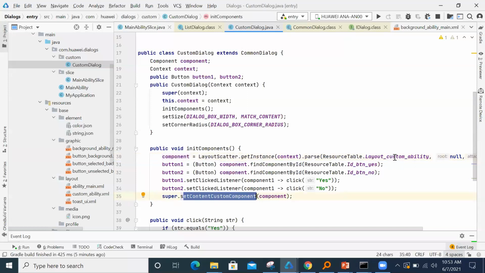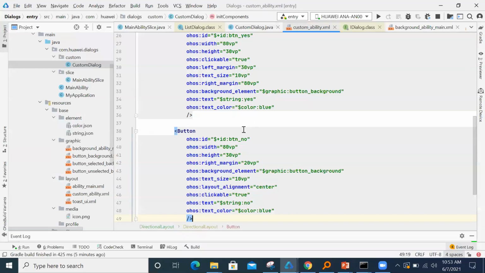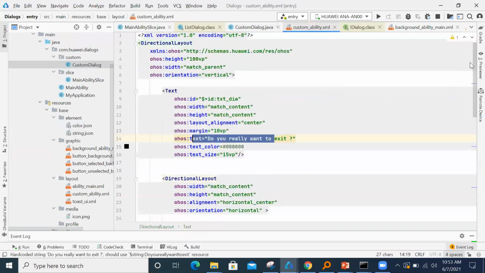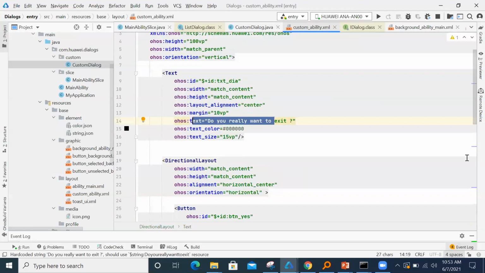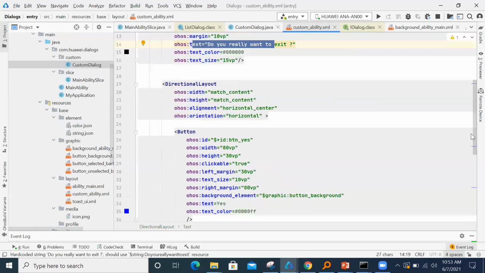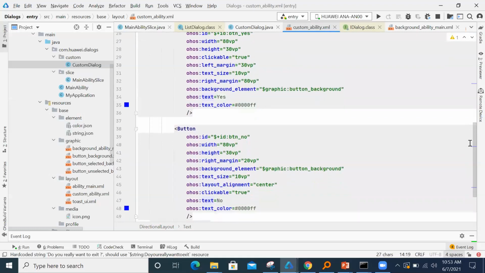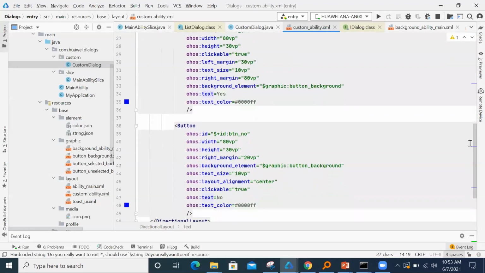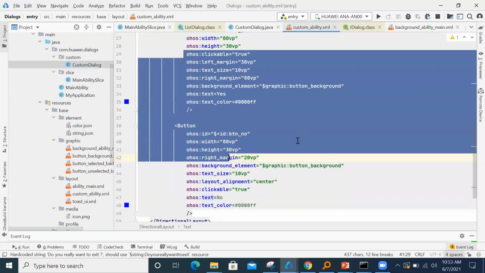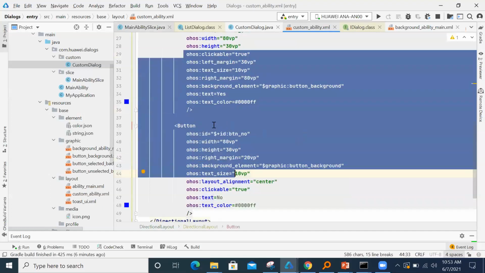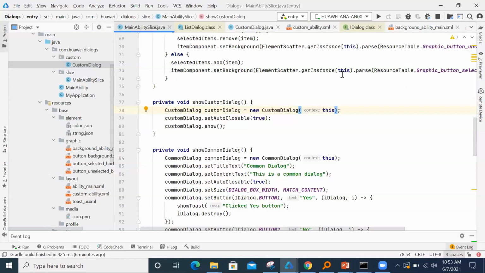In this layout ability, I have created a text and 2 buttons. Similar to that, if you have a checkbox or any other kind of UI, you can handle it in this custom dialog. Then I'll call custom dialog dot show in order to display the dialog. The last one is about toast dialog.